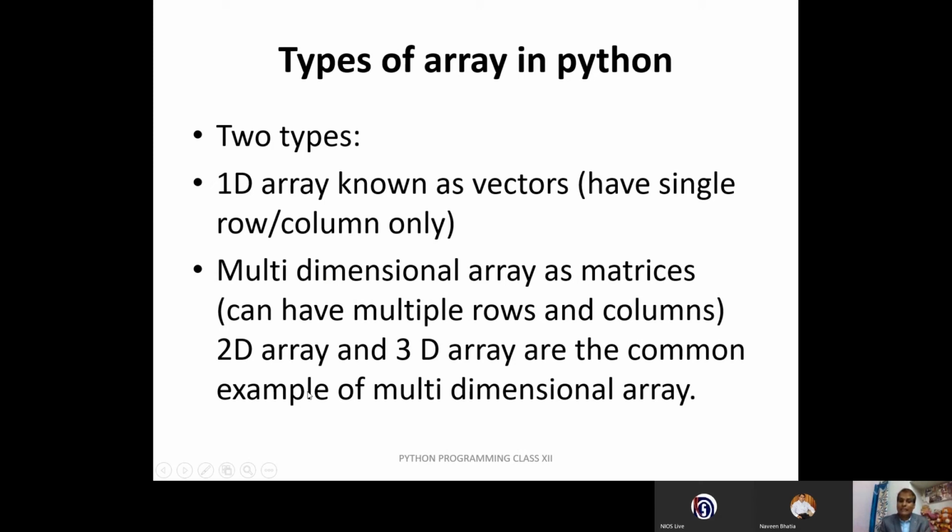At the same time, there is a multi-dimensional array which is called a matrix. A matrix can have multiple rows and columns. Table, you know very well. You have created tables many times. You know very well about Excel. You have learned in junior classes that whenever you have to represent data, you follow a table. A table will be a good collection of meaningful data. So each and every row and column is called a 2D array, and then there is a 3D array. These 2D and 3D arrays are examples of multi-dimensional arrays.